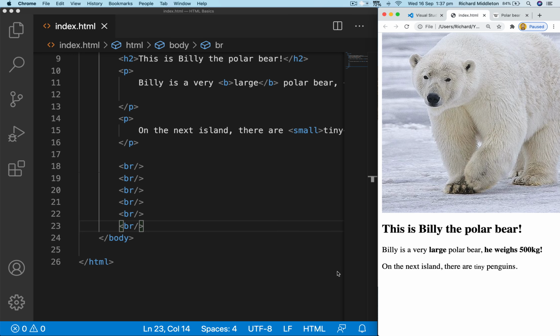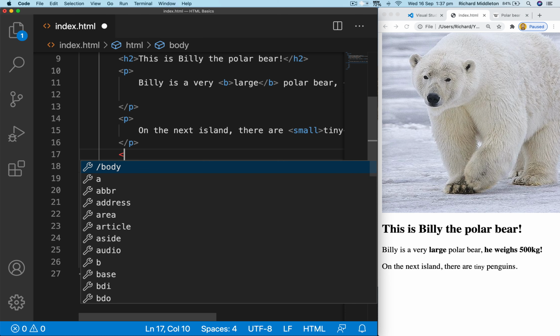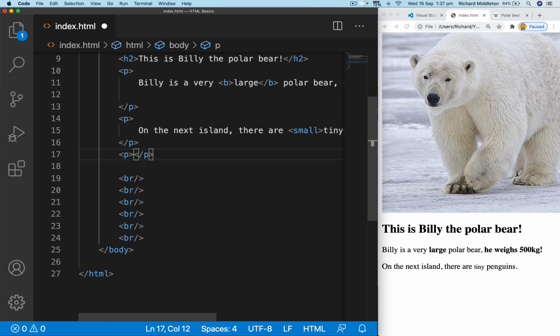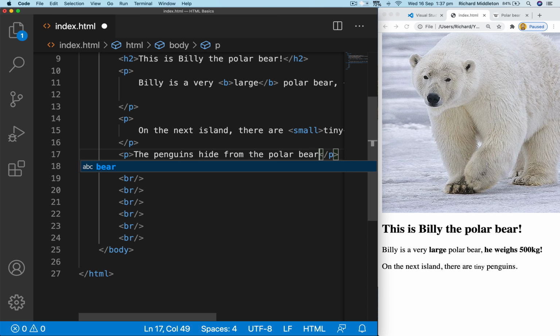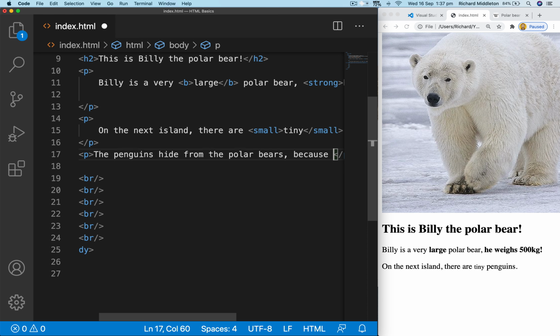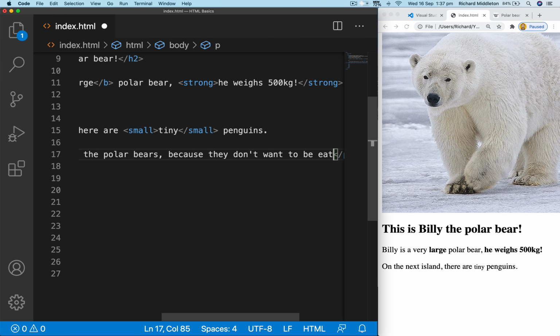Also, we have italics that we can use to emphasize. So let's create another paragraph. The penguins hide from the polar bears because they don't want to be eaten. Okay,